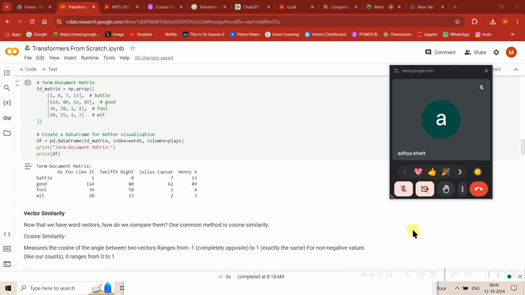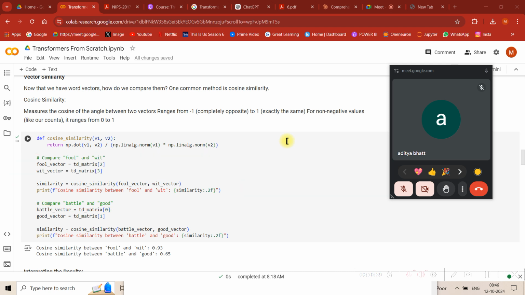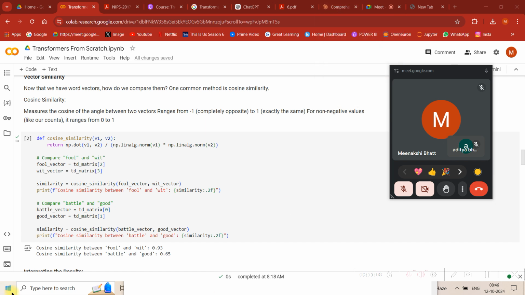Now the main thing is, guys, once you can create a term document frequency, you can compute vector similarities as well. So we have talked about vector similarities, right? I'm not sure, but still let me do that with you guys. Let me share my iPad again, and then we can get restarted on the part where I make you understand vector similarities. It's very simple, guys, nothing very difficult. It's just a little bit of maths. Don't worry, we'll see that as well.